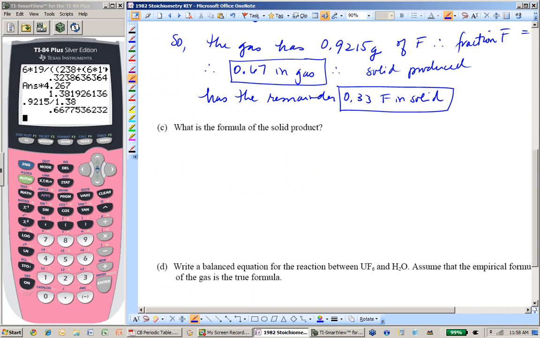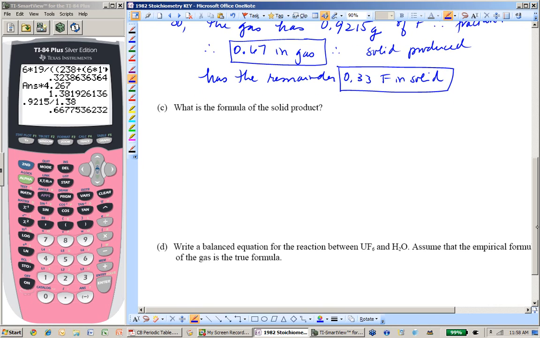All right, so a little bit of a workout on your basic 5th grade percent skills, but not too evil so far. Now we want to know, what is the formula of the solid product? In order to do that, I have to realize what the solid product contains. It contained uranium, and it contained oxygen, and it contained fluorine. I've got to say UFO was way more fun, so I'm going to do it in that order. Give a girl a little bit of fun here. All right, so the mass of U